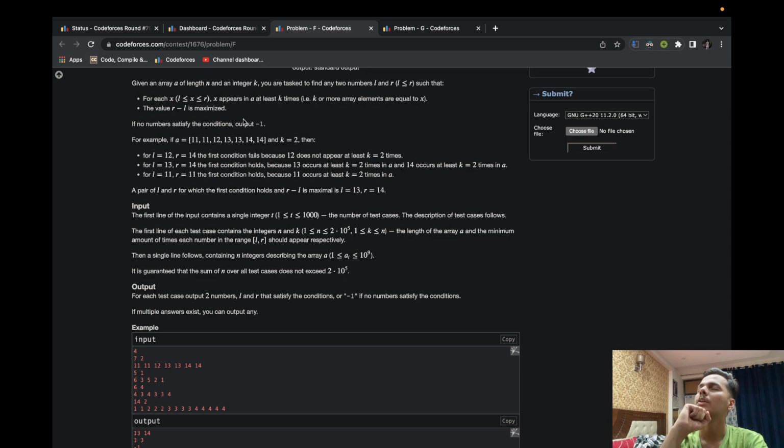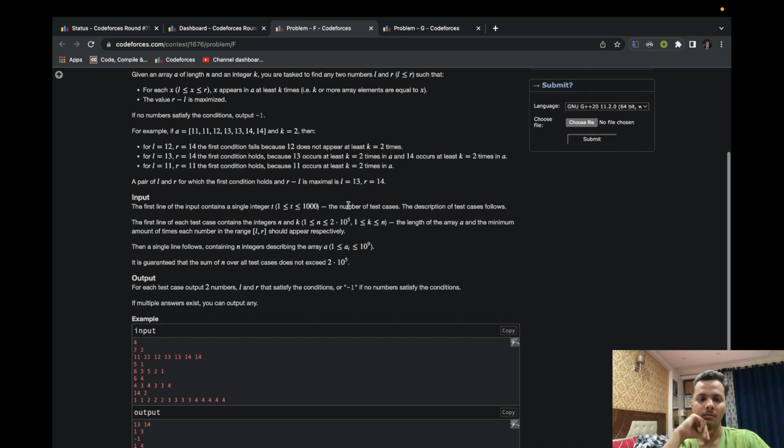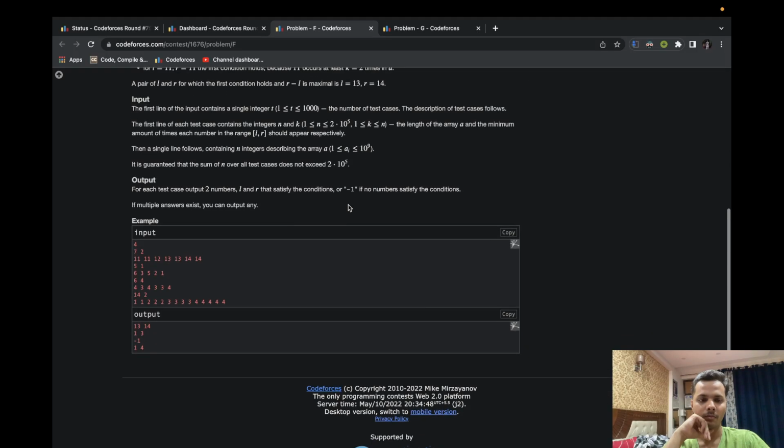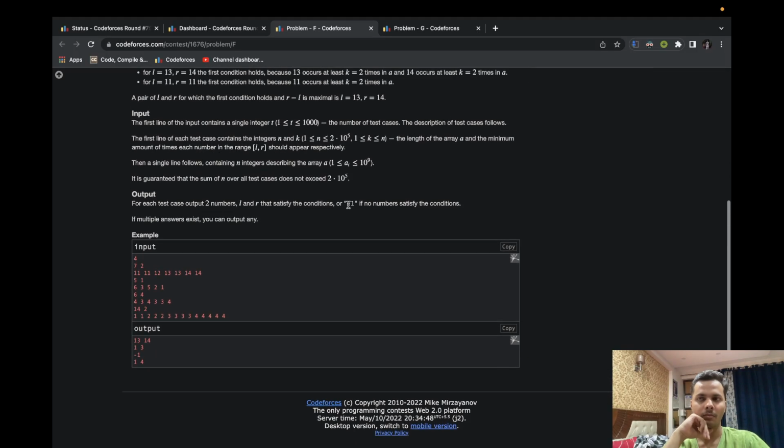Just subarray. What we are interested in is the minimum frequency of any element present.